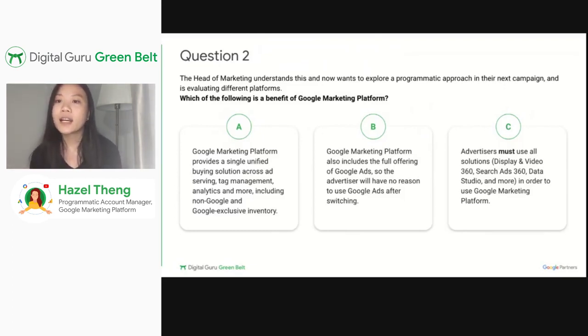C. Advertisers must use all solutions, Display and Video 360, Search Ads 360, Data Studio, and more in order to use Google Marketing Platform. So choose which answer is the best answer in terms of the benefit of Google Marketing Platform.